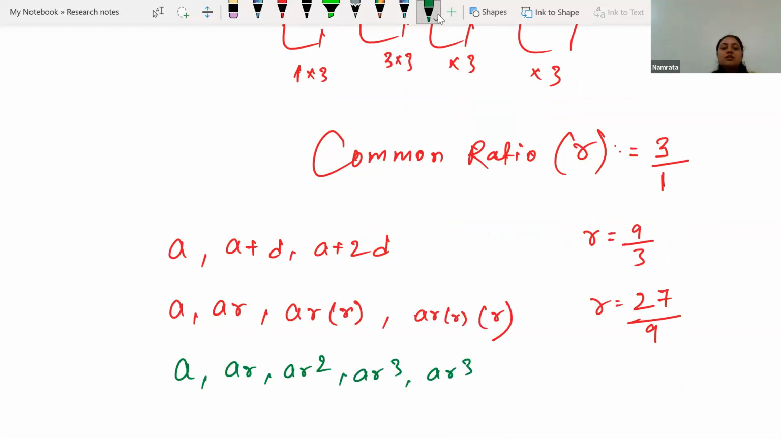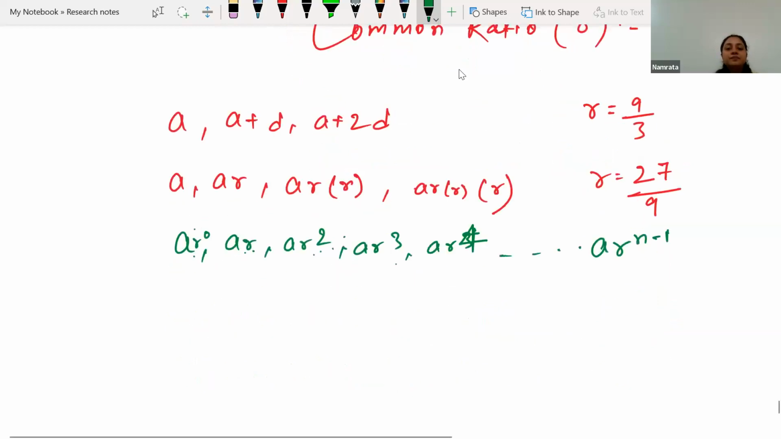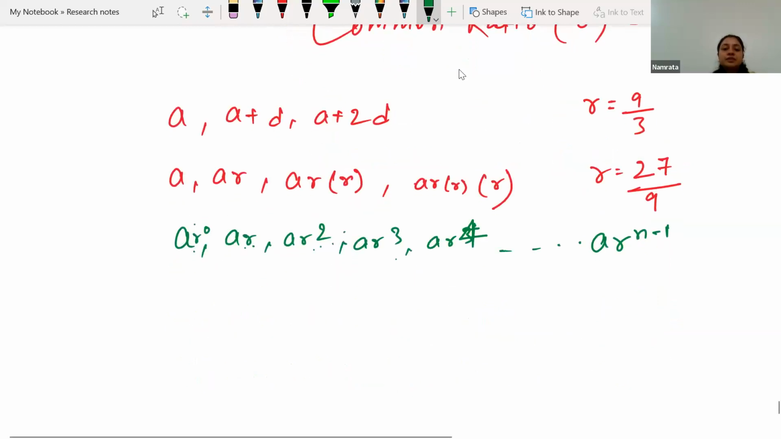Here we can say the first term is AR to the power 0. The second term is AR to the power 1. The third term is AR to the power 2. The fourth term is AR to the power 3. The fifth term is AR to the power 4. So the nth term will be AR to the power n minus 1. Right, Lina? Yes. So the nth term formula for geometric progression is AR to the power n minus 1. Okay? We will be just proceeding with